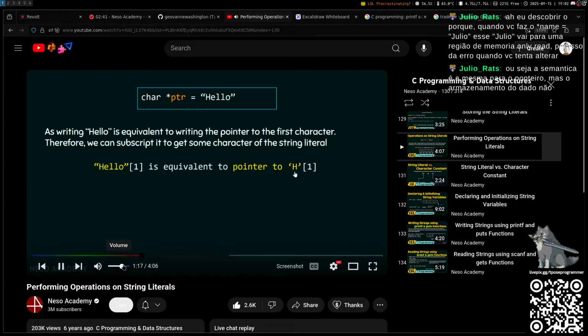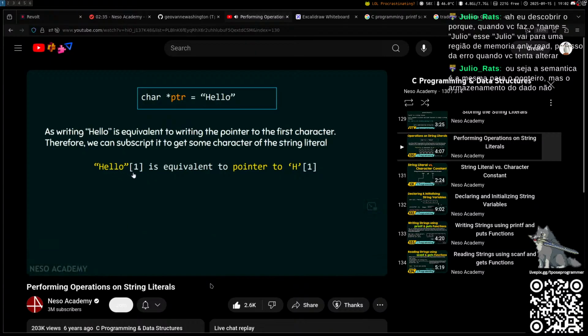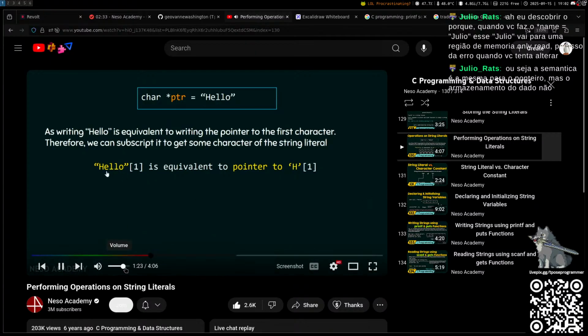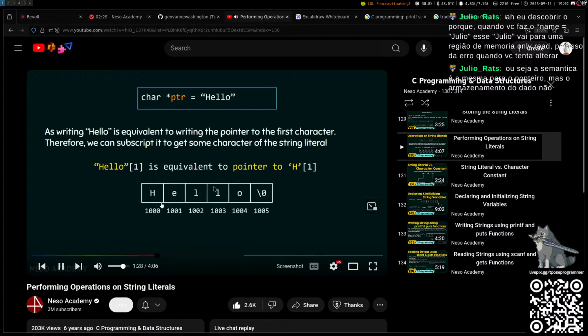hello[1] is equivalent to pointer to h, plus 1. We can subscript this hello string and access this character, that is the second character of the string. How can we access it? We know that hello is stored as a